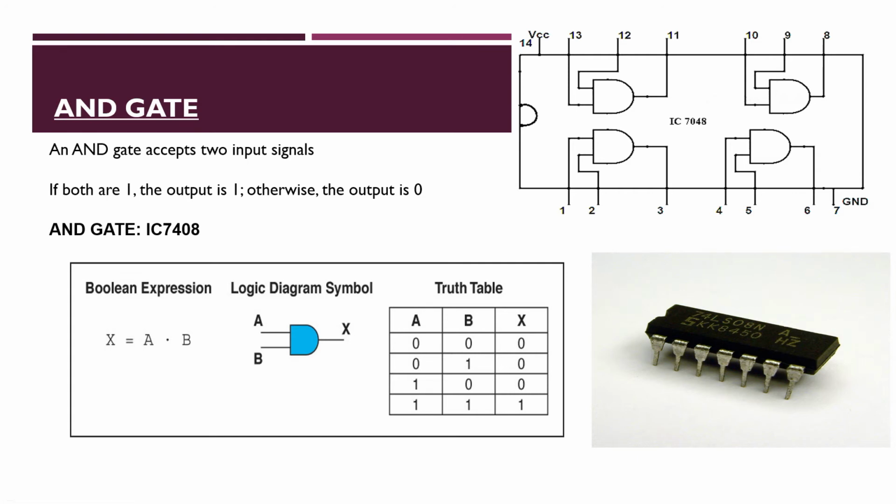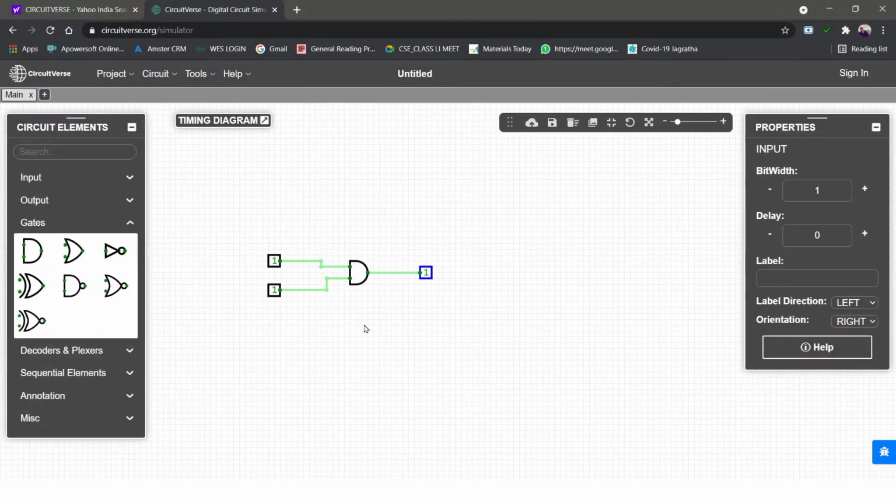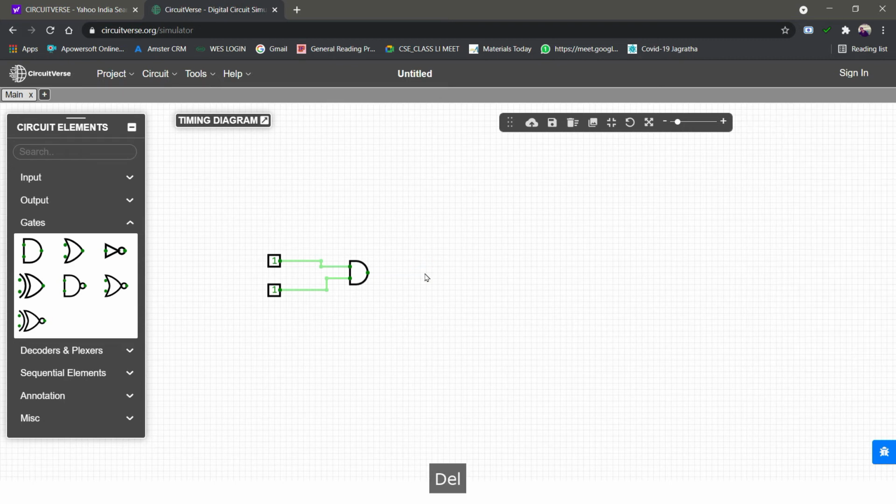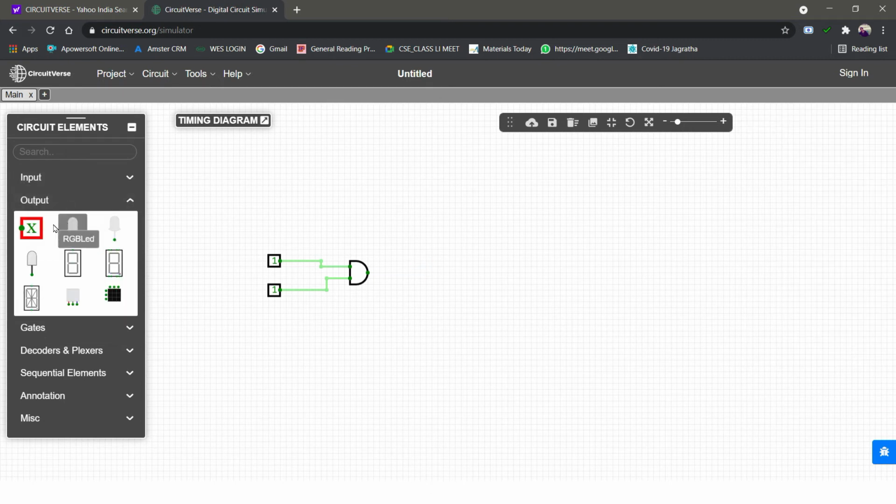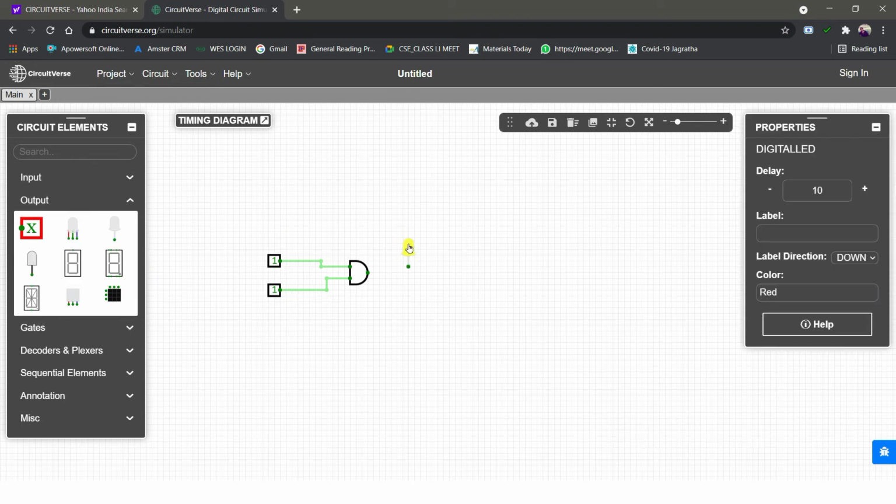So we will see the same thing with the help of an LED now. So far I have given the input and output as just notations. Now I am taking out this one and giving the output as an LED. Whenever you are having 1 and 1, your LED should glow because the output is equal to 1. Whenever the output is equal to 1, the LED should glow, and whenever the output is equal to 0, the LED should be off.